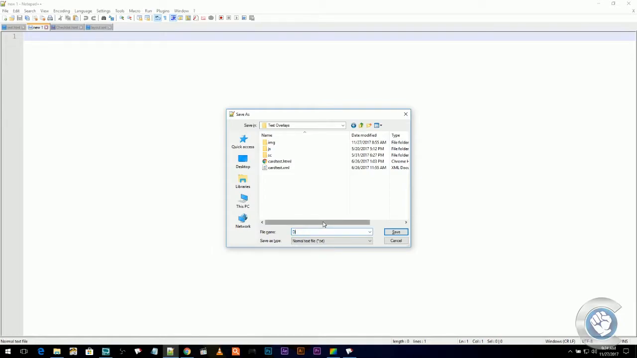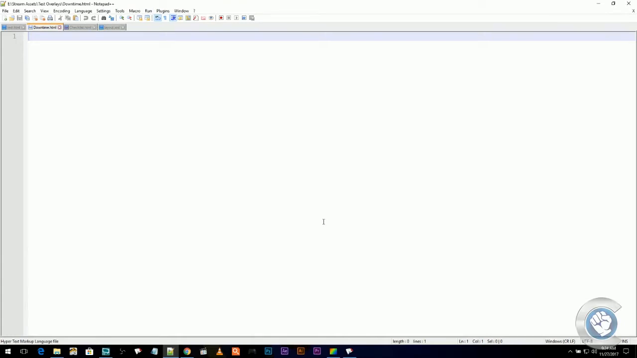All right, so we're going to have downtime.html. If you're using Notepad++, I don't know how other editing programs work, I'm not super experienced in this stuff, but make sure you save it as an HTML file first before you start going, just because that makes all the handy light-up stuff to let you know if you blew something up. All right, so